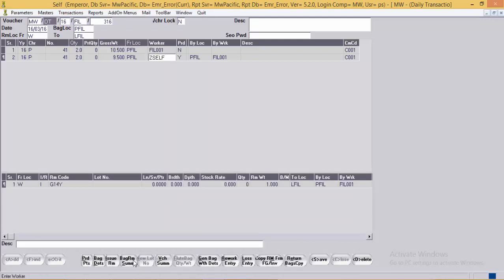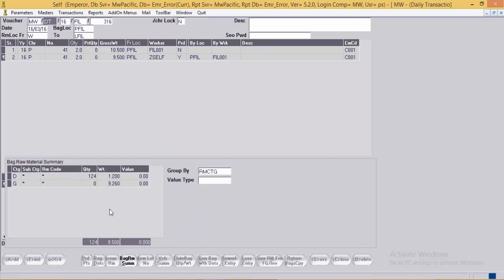Then we'll have a look at the bag RM summary button. We'll have to click on the go button. The system will display the RM details of this bag. Now the group by option over here is RM category, so we are getting the summary at the RM category level.